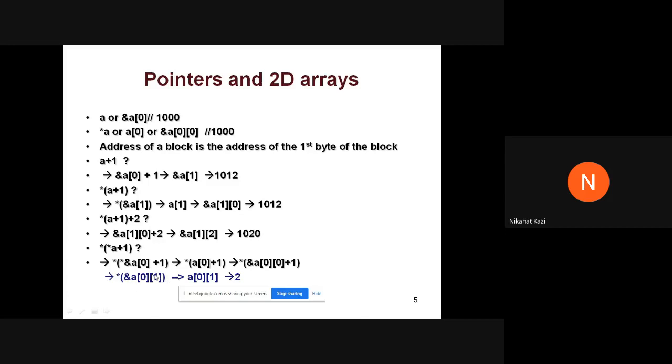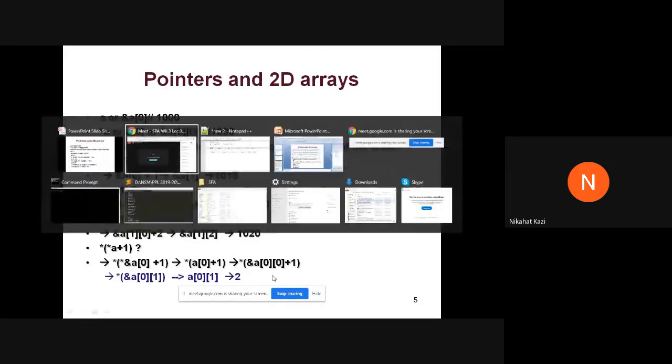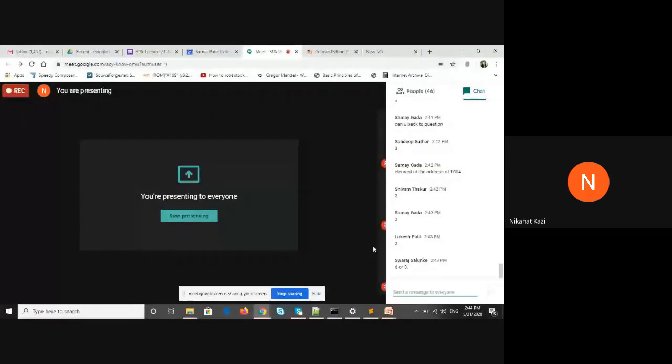If you have got this, you will get 1004, and 1004, if you dereference it, you will get the answer to be 2. Okay, so you will get the answer to be 2. So the correct answer is 2. Okay, so it is not 6 or 3, it is 2.